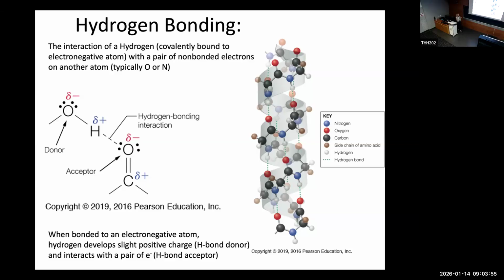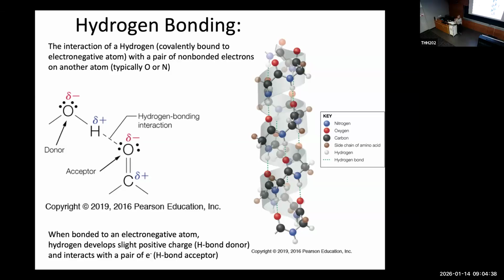In that, this is a covalent bond. This hydrogen bound to its oxygen is a covalent bond. Those are sharing electrons, but they're sharing them in an unequal way. And so that is called a polar covalent bond. Because of that, oxygen is what's called an electronegative atom. It tends to pull the electrons closer to its atomic center, its nucleus. And so it has a slight negative charge, and therefore it leaves the hydrogen with a slight positive charge. So this polar covalent bond creates the scenario where this hydrogen has a slight positive charge, and therefore